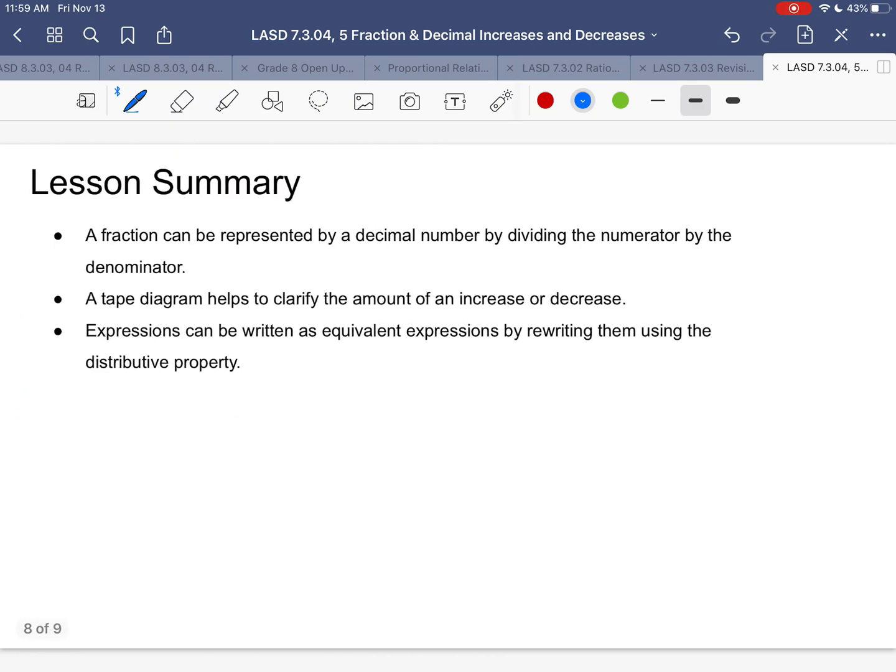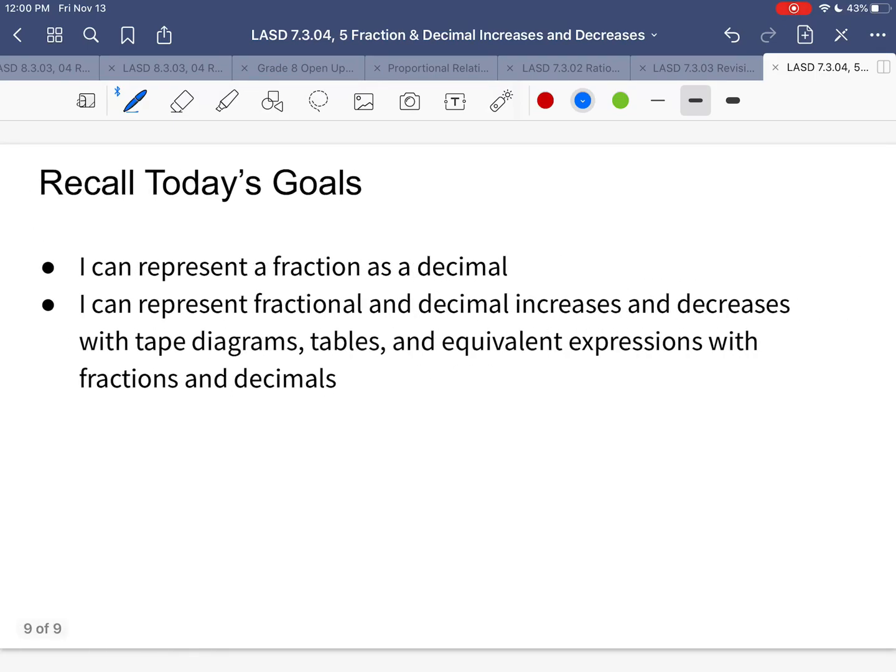So to summarize, a fraction can be represented by a decimal by dividing the numerator by the denominator. A tape diagram or a table helps to clarify the amount of an increase or decrease, and expressions can be written as equivalent expressions by rewriting them using the distributive property. So to recall today's goals, you saw how to represent a fraction as a decimal and how to represent increases and decreases with tape diagrams, tables, and equivalent expressions with fractions and decimals. And that's the end of